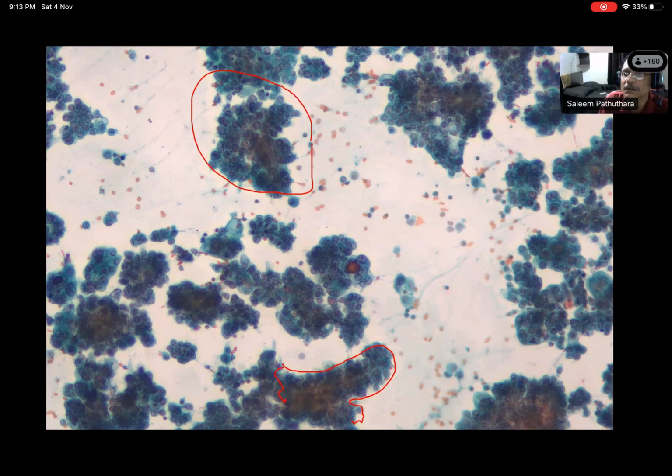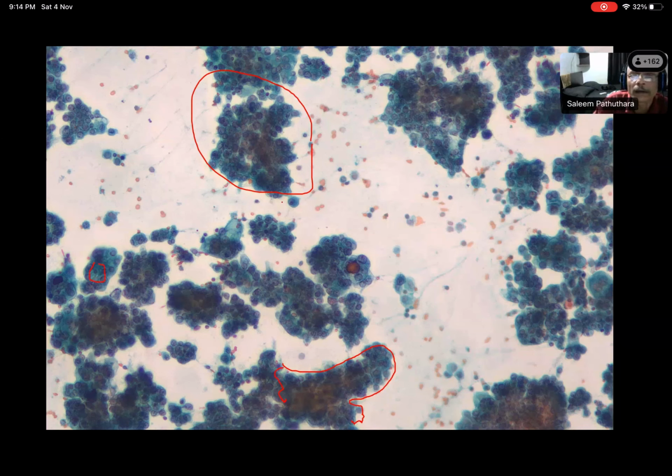What about the nucleus? The nucleus is hyperchromatic. Yeah, agreed. And how are the nuclei arranged? Is it crowded? Haphazard? Yes, sir, it is haphazard. Are they showing any peculiar kind of differentiation? Can you see something in the cytoplasm? Vacuoles. Can you see cytoplasmic vacuoles? Yeah, here I showed. There is a vacuole in the cytoplasm, and here it is a signet pattern.